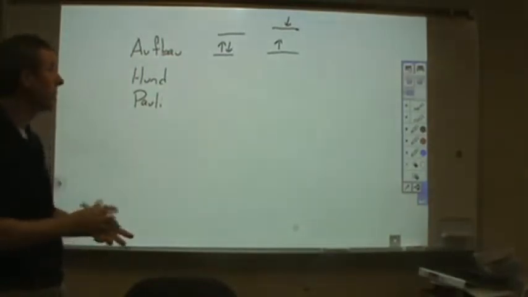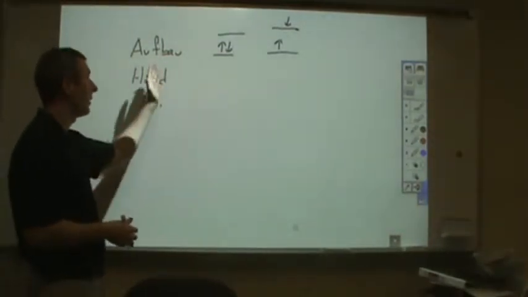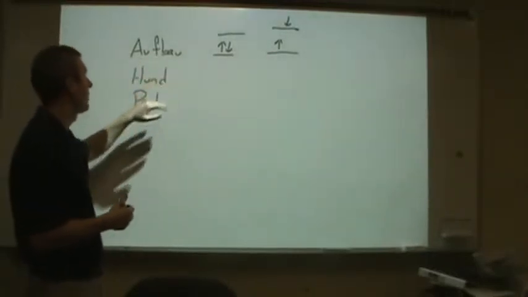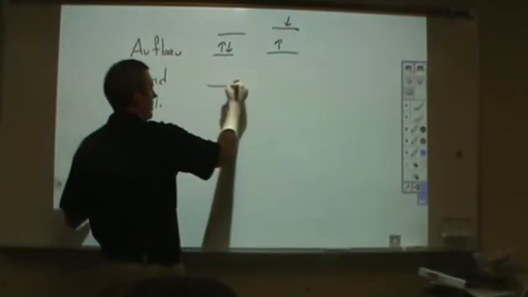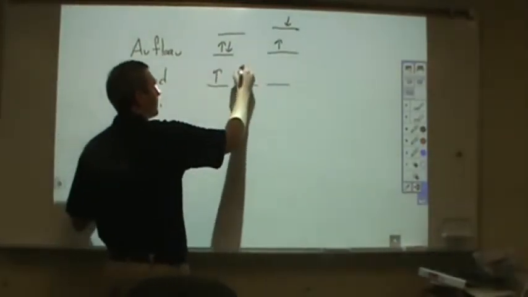So during light emission and light absorption, you're going to see violations to the aufbau principle. If you have an electron configuration written out in the wrong order, that would be an exception to the aufbau principle. Hund's rule is when you have a set of orbitals and you start to fill them,